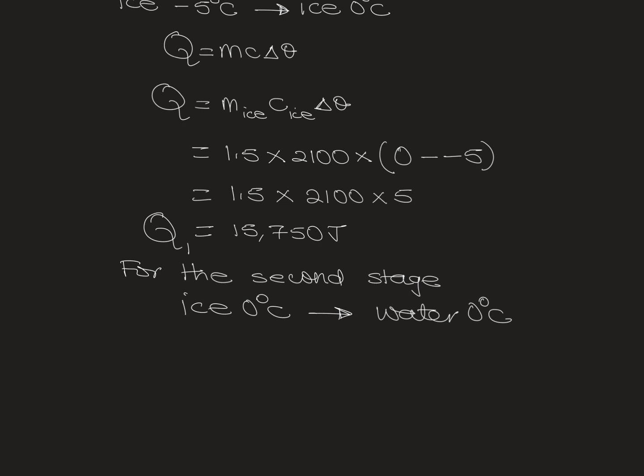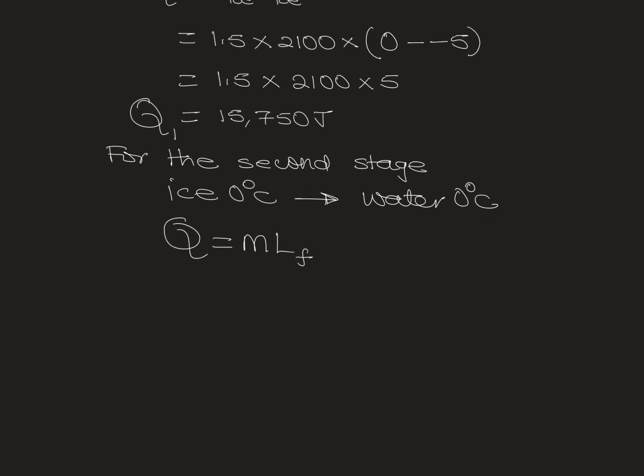Okay, the specific latent heat, not the specific heat capacity. So the formula to use will be Q is equal to M times the specific latent heat of fusion, F. Since this is a process of melting, okay, the conversion of solid ice to water is melting. So we have to use the specific latent heat of fusion,